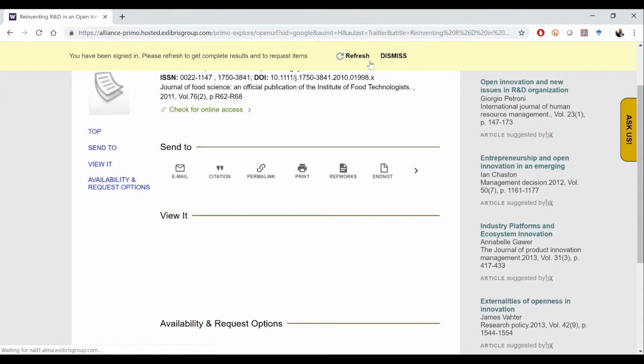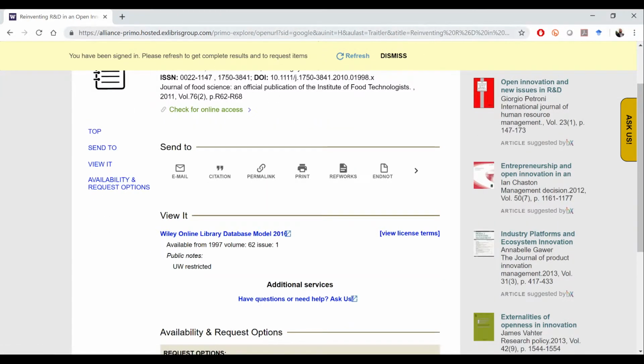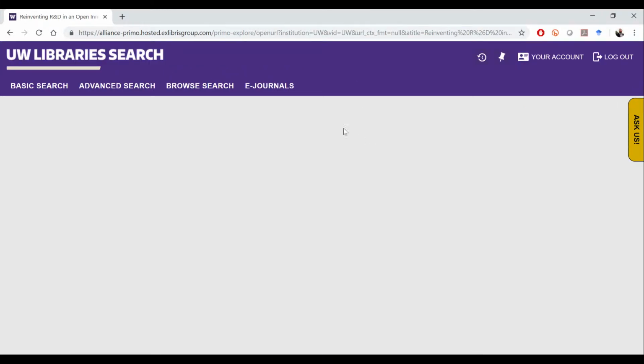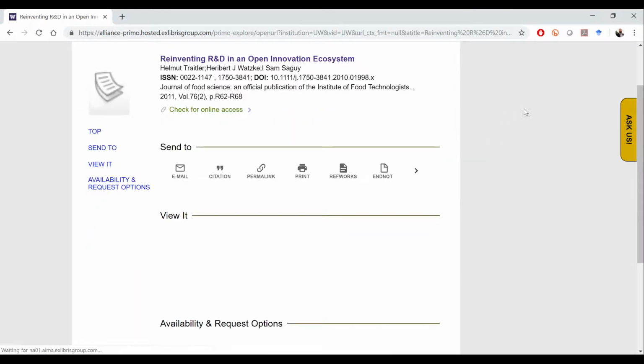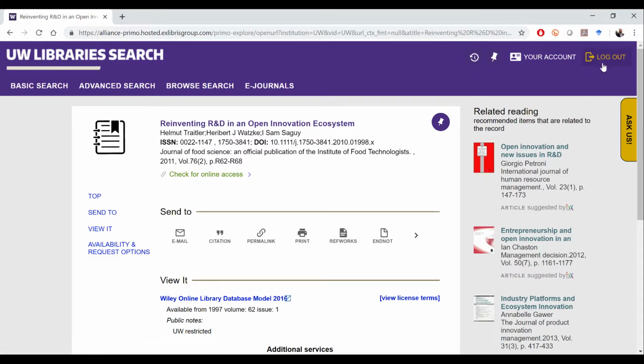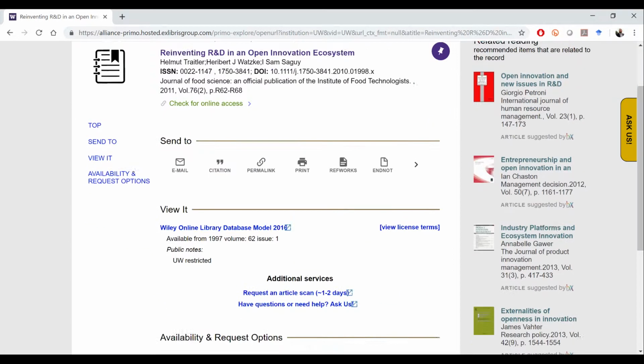Now, okay, so Chrome is giving me this sort of reminder up here on the top, and it'll refresh, for me anyway. Let's see what it does. Yep, and I'm logged in. So you'll have to make sure that up here at the top of the screen, you're actually logged in with your UW NetID, okay? And if you're logged in,